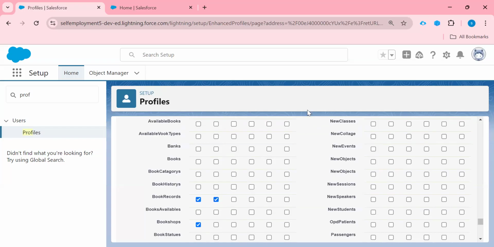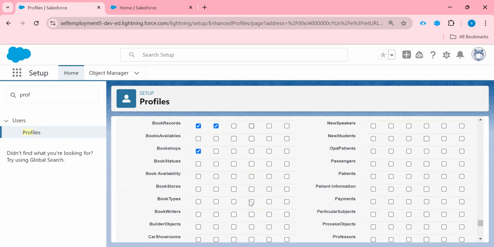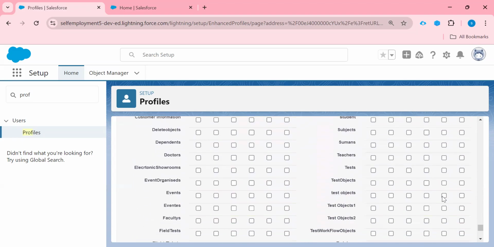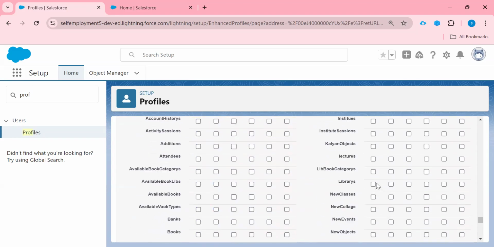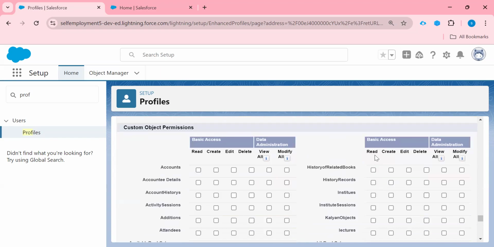So this profile can read this object's records and can create a new record, but for the bookshop it can only view the records, it cannot create, right? And the third object is writer, right? So this is writer. For this object I am giving these three permissions, right? So in this object, this profile can read, create and edit, right?